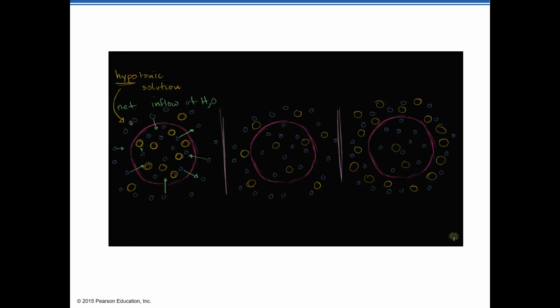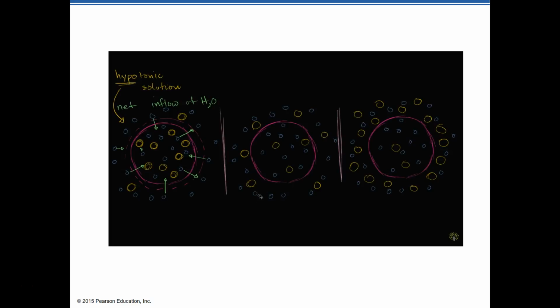Concentration of solute in the solution that we have inside of the cell, and because of that, you're going to have osmosis. You're going to have water molecules going from the outside to the inside, and that's actually going to put pressure on the cell. The cell itself might expand, or if there's enough pressure, it might even explode. So now let's go to the next scenario.